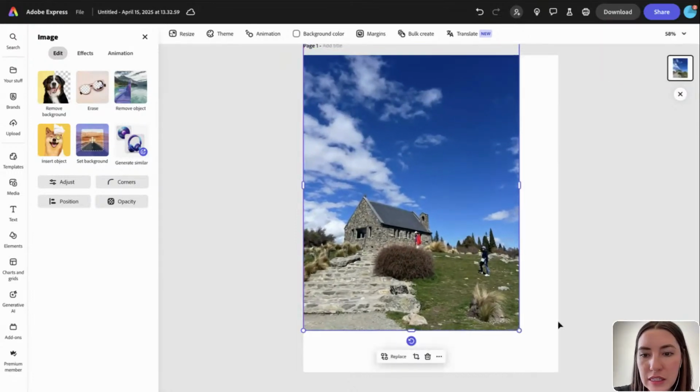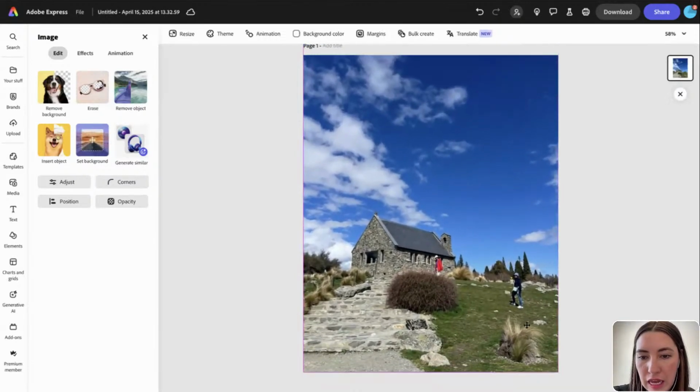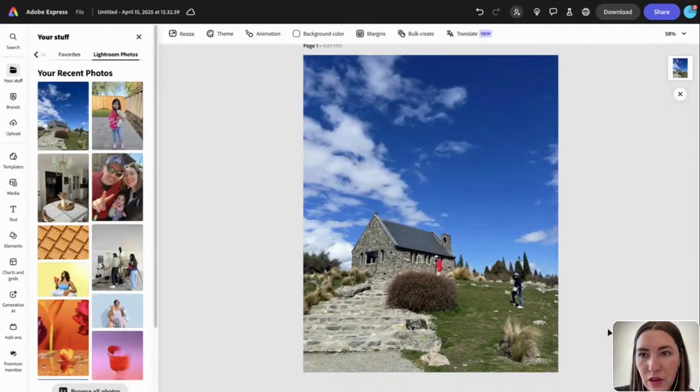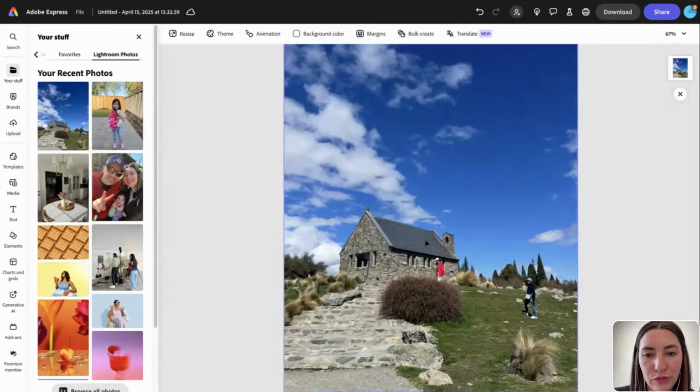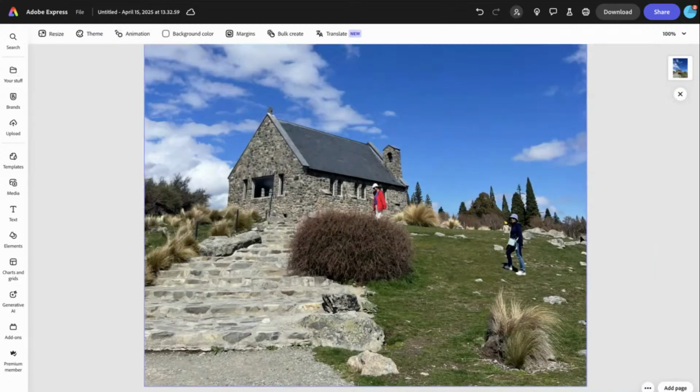Okay, so this is an image that I took on my iPhone when I was in New Zealand. It's this really old church, beautiful area. And the one thing about this is it was so busy. I'm surprised that I was able to get a photo with this few people in it because it was so crazy busy this day. Obviously, the weather was beautiful, and it's just a place that a lot of people like to go and explore. So the fact that I got this few people was like a miracle,